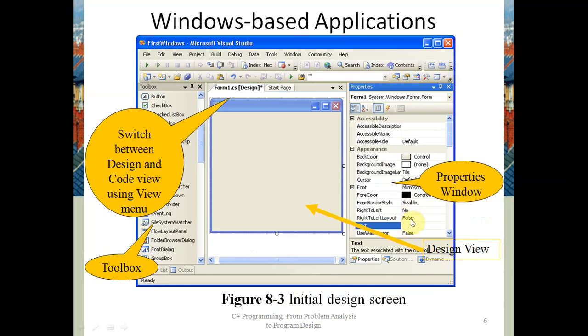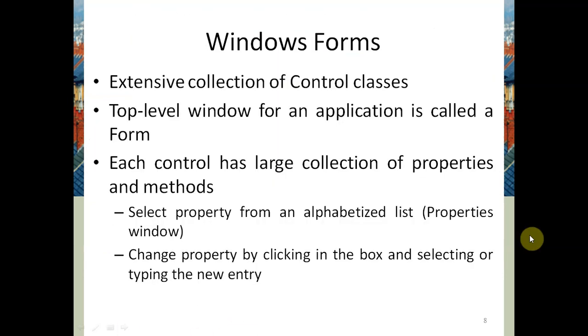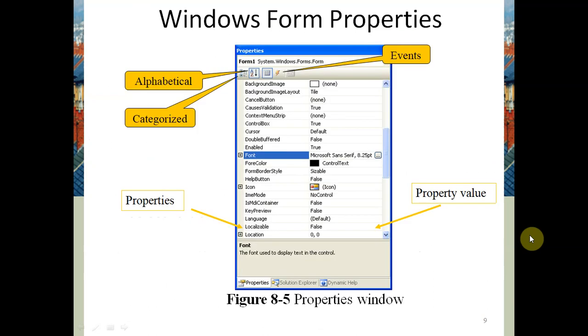Suppose we click on this property, and we have true. If we want to set it to true, we have to select true, and accordingly we can change its value. Suppose we have the caption of any button tool, then we can change the caption accordingly. The file name we can also change, and the form name we can also change. By default the name is Form1, so we can change its name. Suppose we are creating an admission form, then we can write here admission.cs. So we can update and manipulate anything through this properties window. These are the benefits of form properties.